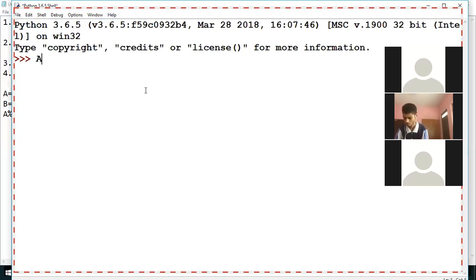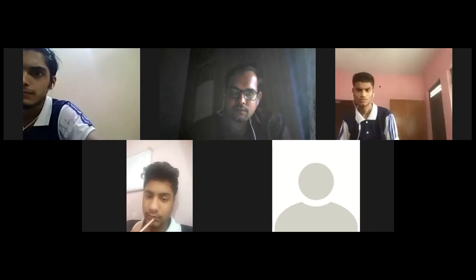Question is A equals to 16, then B equals to 15. After that, A modulus B floor division A. Then see, answer is 0. If you modify this equation like this, A modulus